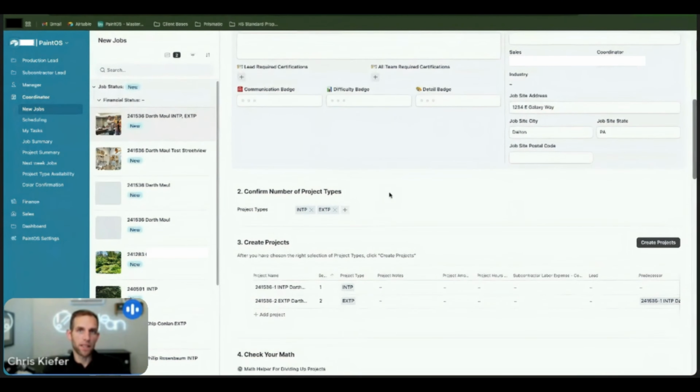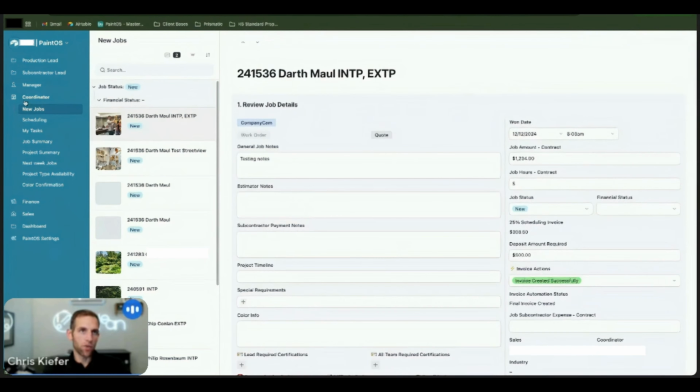Now, when we jump back into this, notice that the coordinator has new jobs. That's what the title of this is, because these are all jobs that came in, and we can't schedule jobs. We need to actually convert those jobs into one or more projects, and we schedule the projects. Chris,